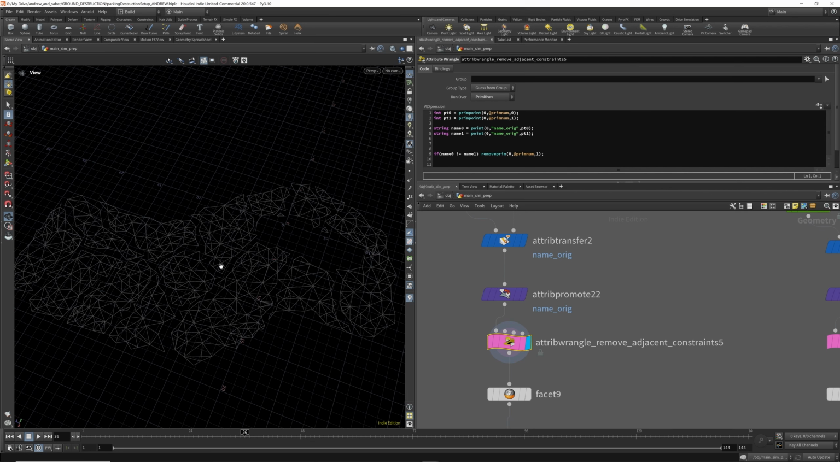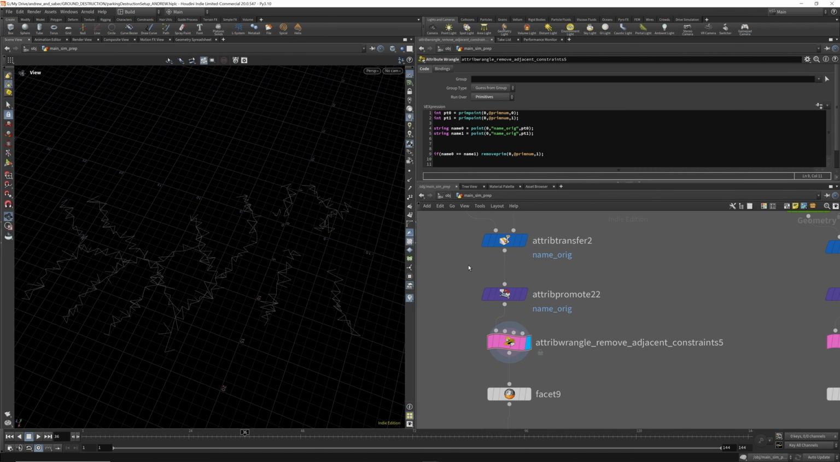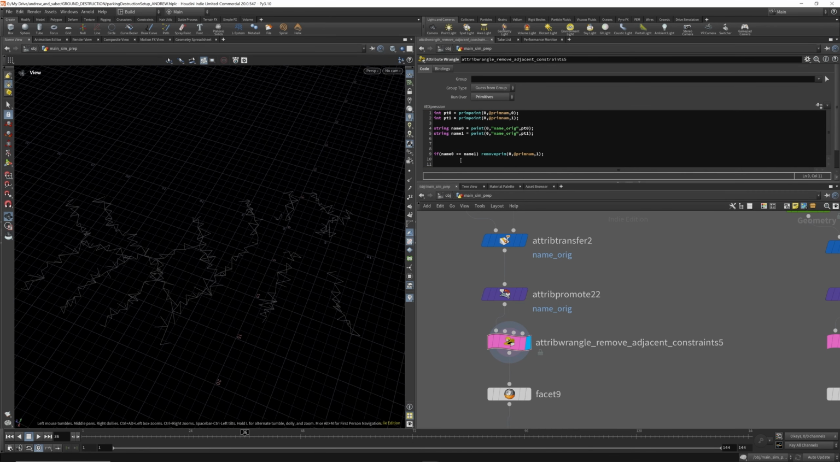So it's going to look at this point, and it's going to look at this point, and in this case the first point and the second point are going to be different. The name is going to be different, so it's going to delete those points, those primitives. And here and here the point is going to be the same, so it's not going to delete those primitives. And if you want to reverse this, you can just type in equals, and this is going to give us the where the name is the same. So that is how